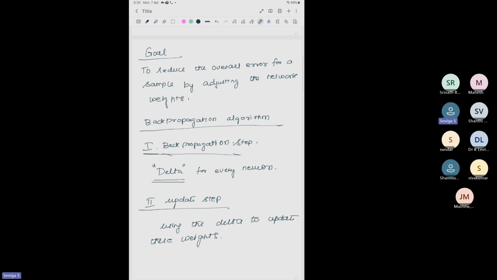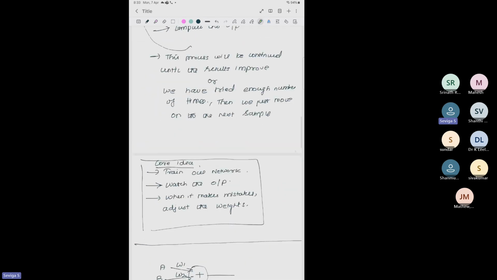And then if it is perfectly matching, we will move on to the next sample and repeat the same process over and over again, until all the predictions are perfect, or until we decide to stop. Is it clear? Yes, ma'am. So if this is clear, what we did in today's class,